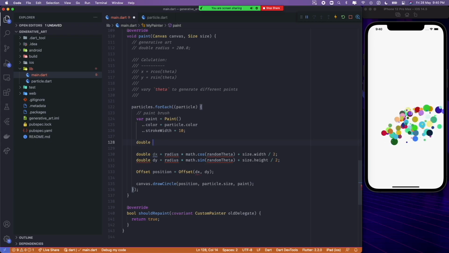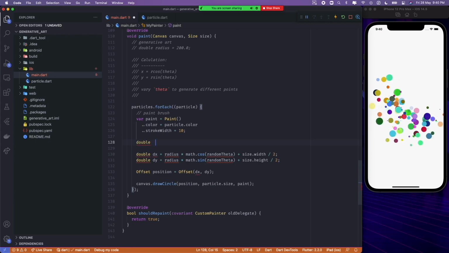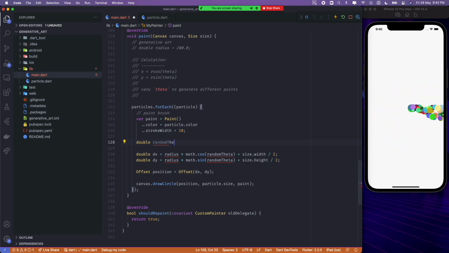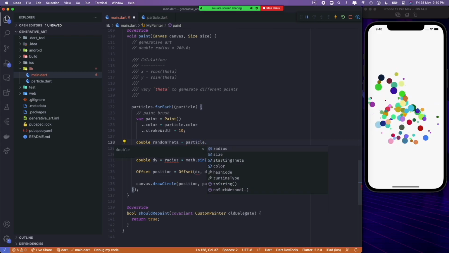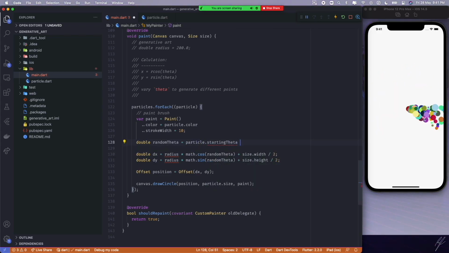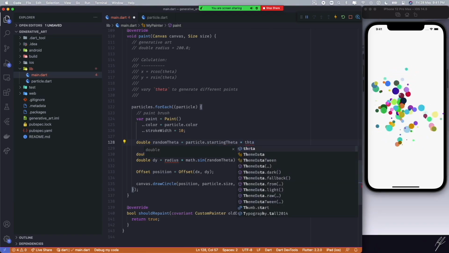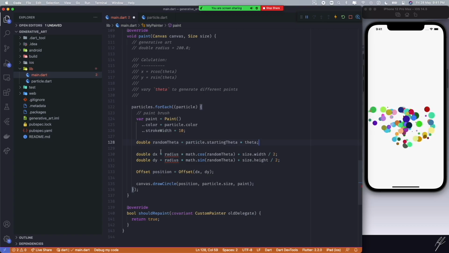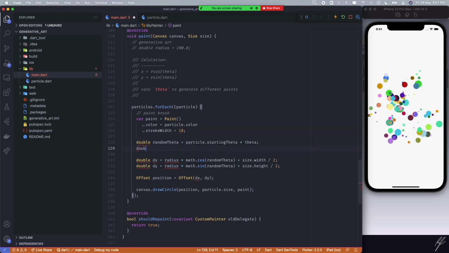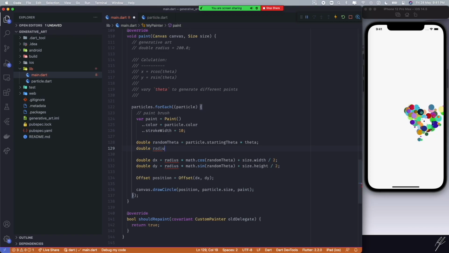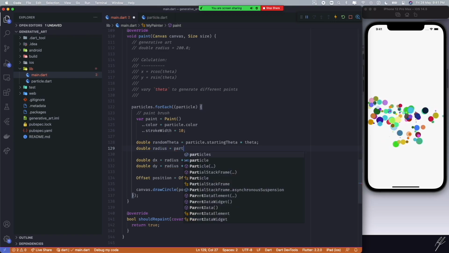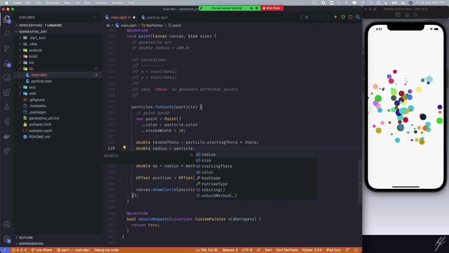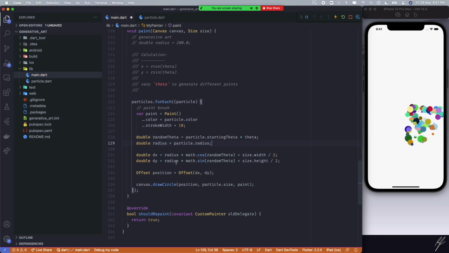Let's get those values over here. Random theta from the particle, starting theta, and let's multiply with that theta value, and also the radius we can get here, double radius, particle radius, and